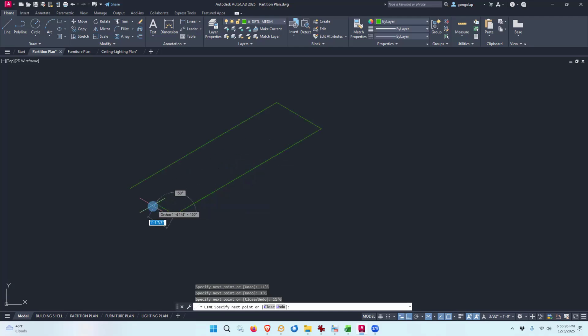And then I can either type in 3 foot 6, or I can just click on this endpoint. Or if you remember, if you just type the letter C, C as in close, and hit enter, it closes, comes back to the starting point and gets me out of the command. And there is the top of my